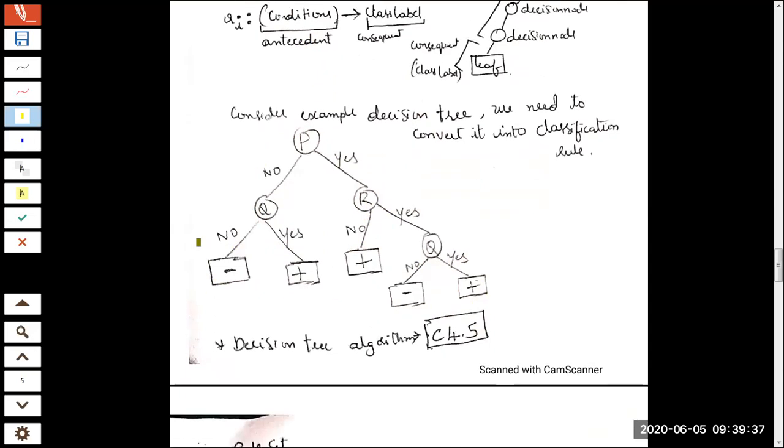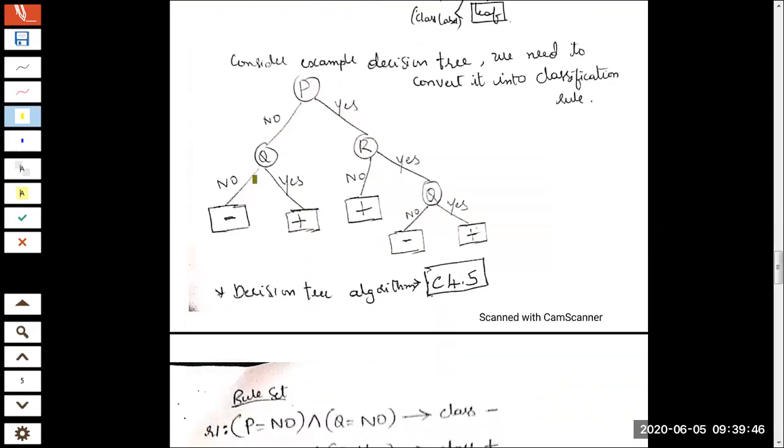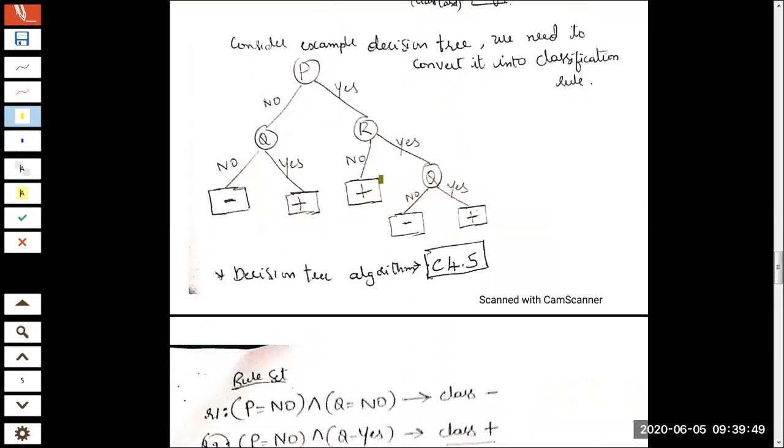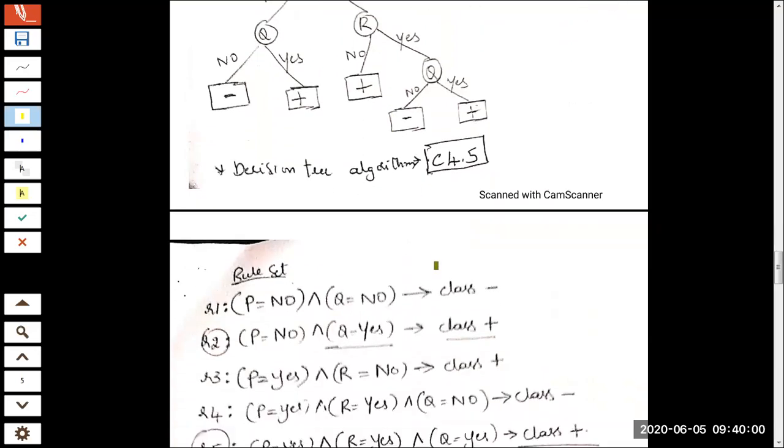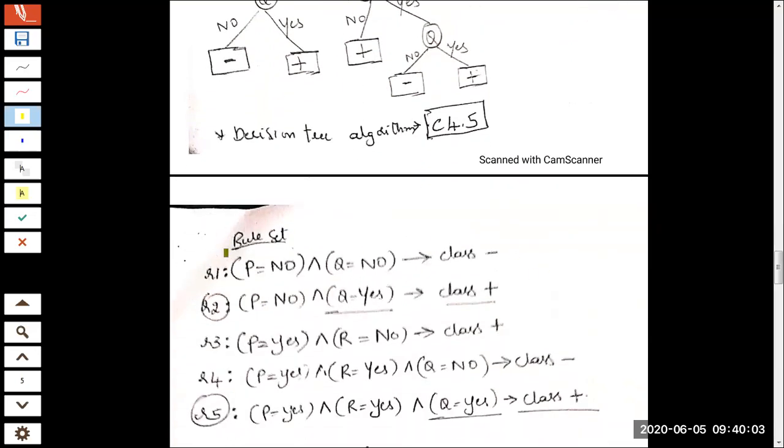Now, writing the decision tree is not the final step. It's an intermediary step, as I already informed you. From this decision tree, you need to write the rules. So that is the highlighting part of the discussion here. Because you already know how to write a decision tree from a record, I'm not repeating it. So we are going to this part. This is the actual topic of discussion here: from this decision tree, how you will extract the rules.